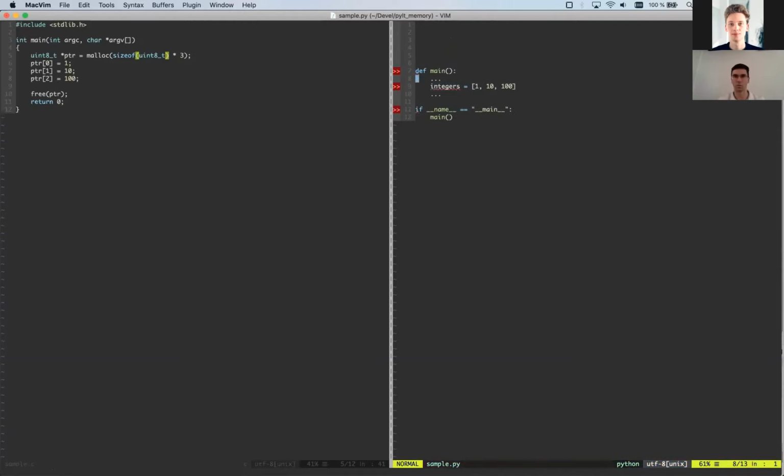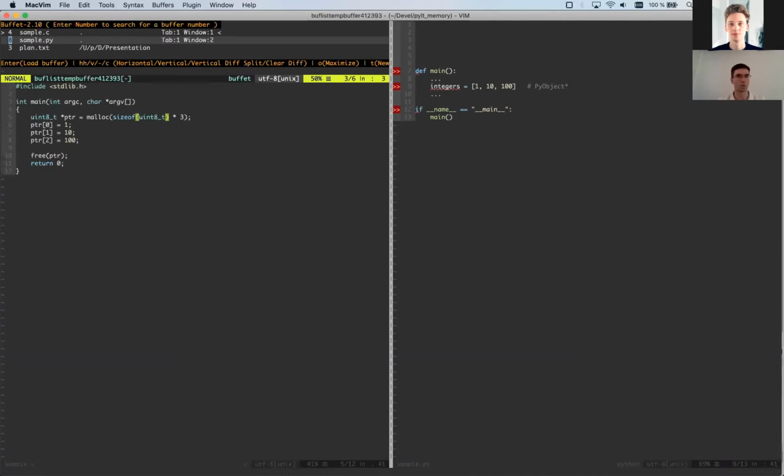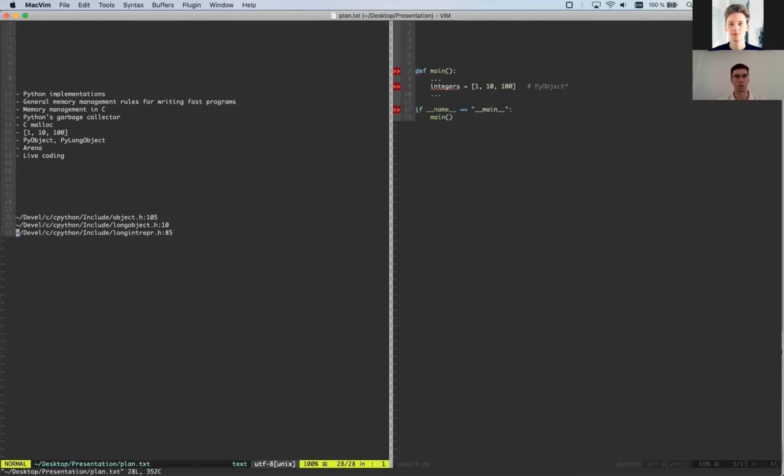So what happens here, like how Python does things. Everything in Python is a reference to a PyObject pointer in C. So let's take a look at the C code for object.